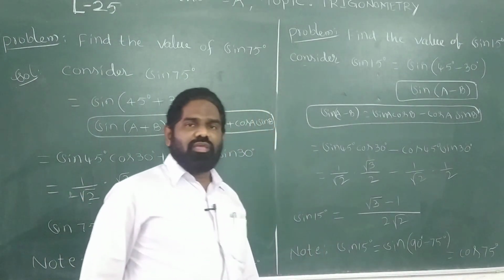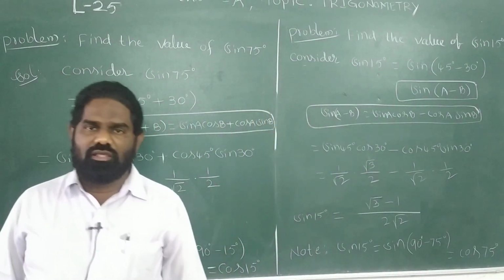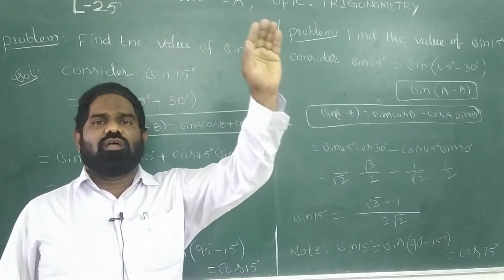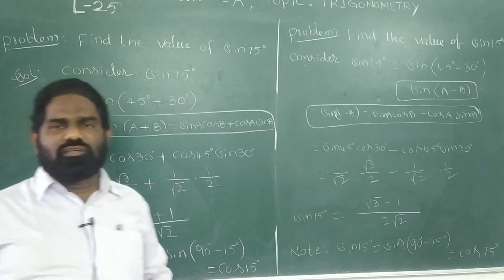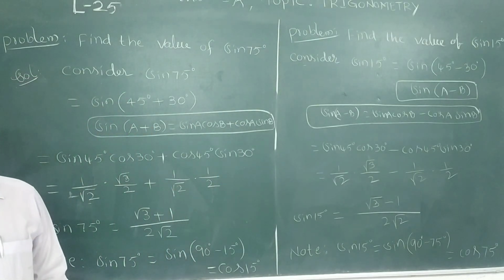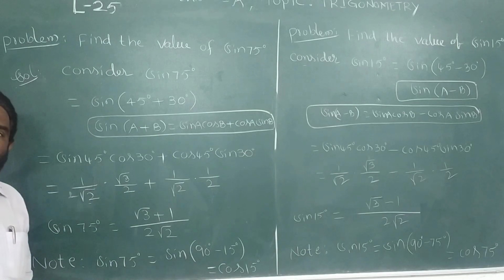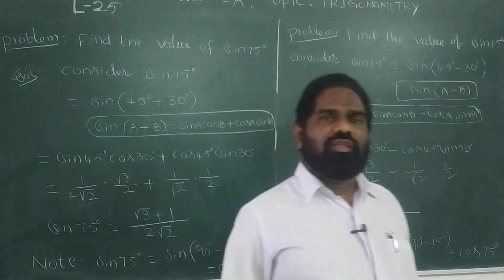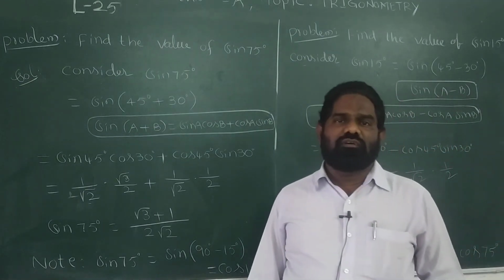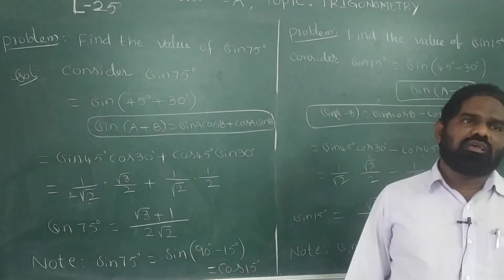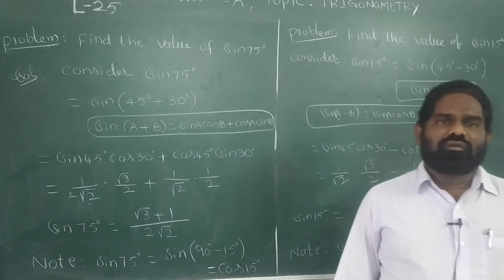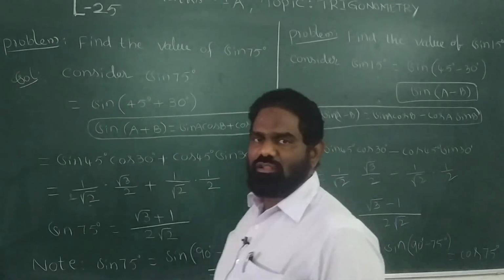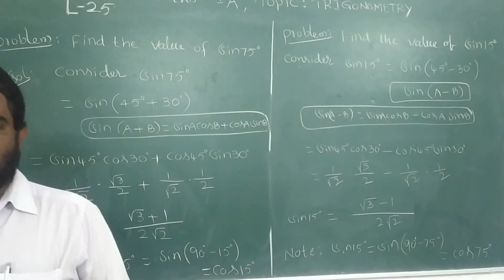So, listen to one thing. In the same way, if we can find one value, using that value we can write the other value easily like this. In the same way, we can find the other values of tan 75, tan 15 degrees, cot 75, cot 15 degrees with the help of compound angles. Okay? Understand? We should continue the remaining topic in the next class. Okay.